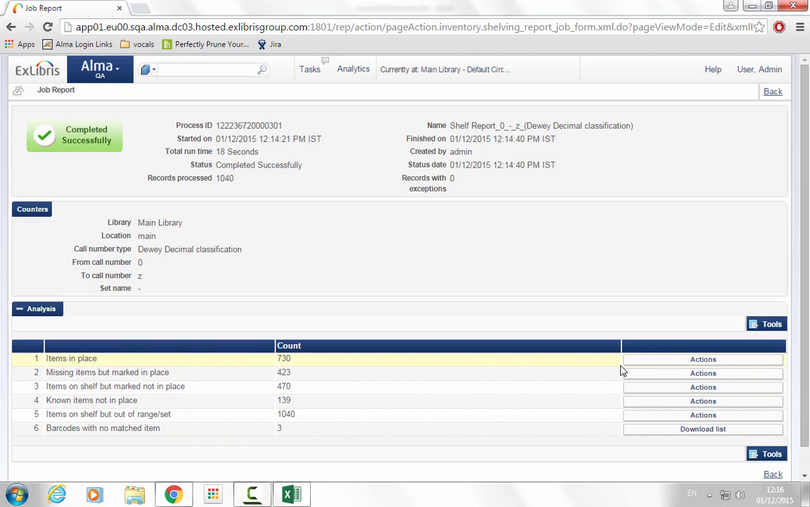And that can be done by going over here and clicking on Actions. You can either preview the items or you can click Create an Itemized Set. And then with that set, you can do what you wish in order to do the further processing. When it comes to the barcodes with no matched item, the option is only to